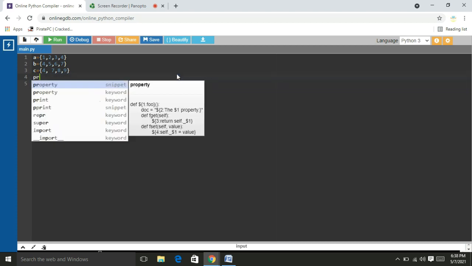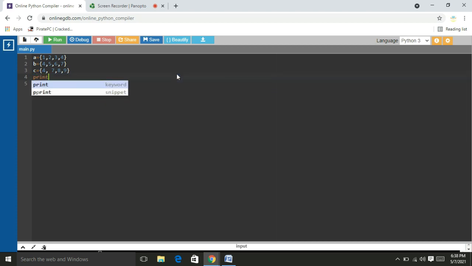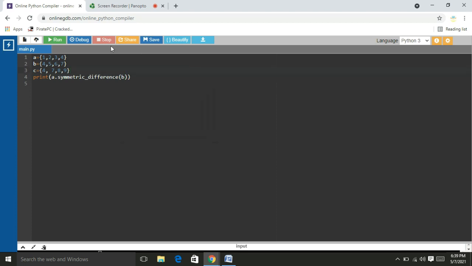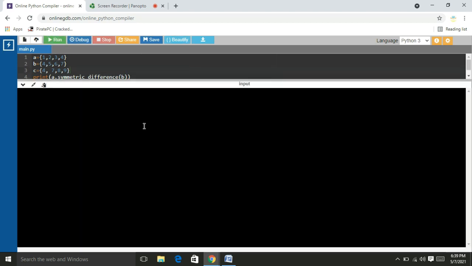Now I write print A dot symmetric underscore difference of B. So I run this one. Please observe the output: 1, 2, 3, 5, 6, 7. The 4 is the only common element. So it prints all the elements either in A or in B but not common.